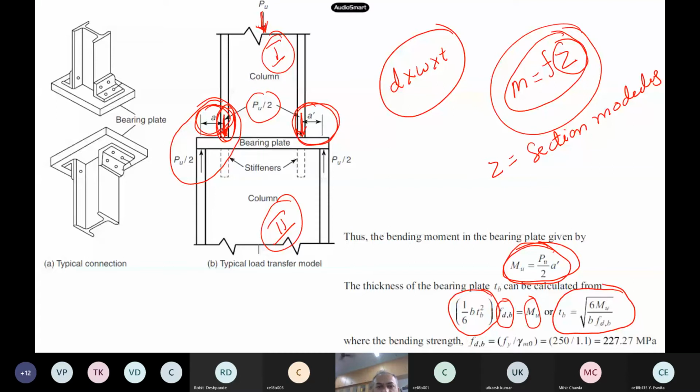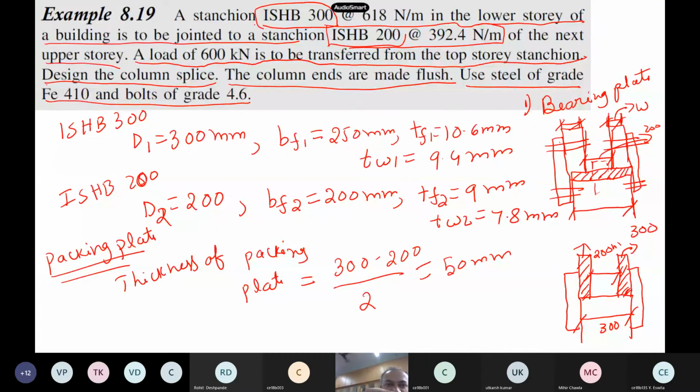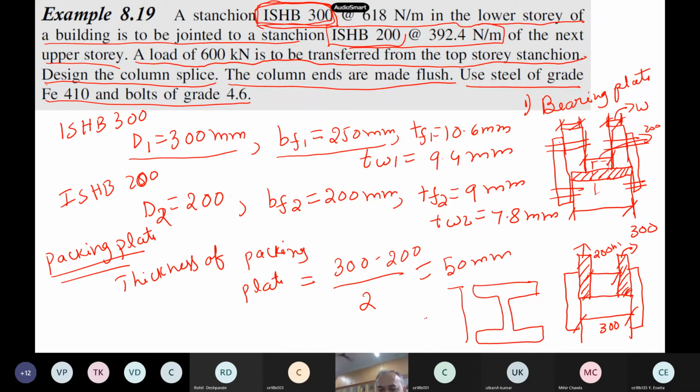In this problem, our lower story column is ISHB 300. This is an I section. The depth is 300, and the breadth of the flange is 250. So what are the dimensions of the bearing plate?